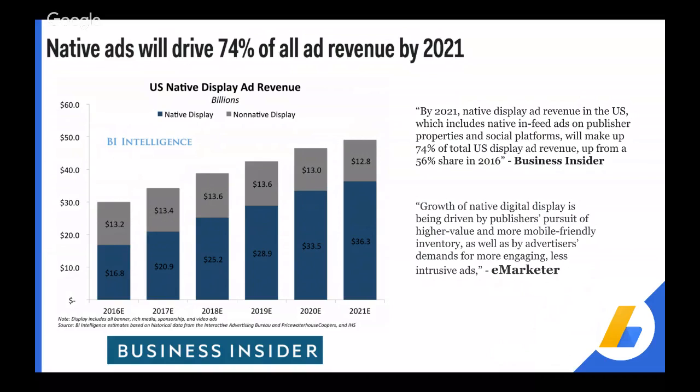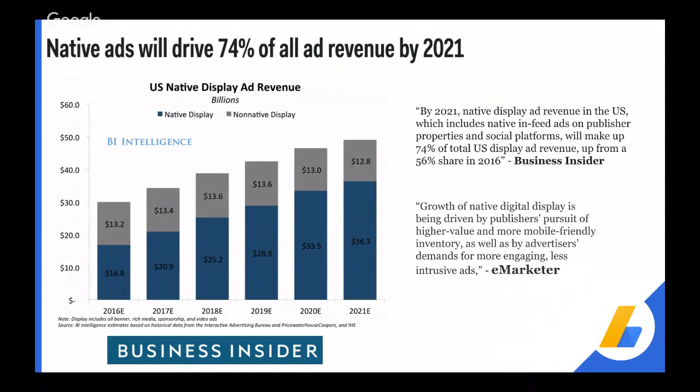By 2021, native display ad revenue in the US, which includes native in-feed ads on publisher properties and social platforms, will make up to 74% of total US display revenue from a 56% in 2016. So as you can see this graph here, the native pie is only increasing and the display ad pie is reducing,